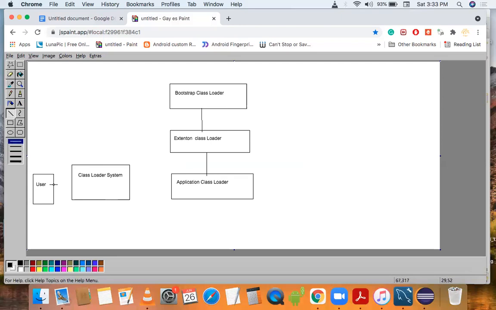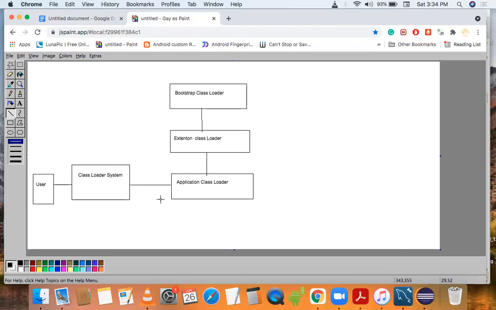So the user will provide data to the class loader. The class loader will forward the data, firstly to the application class loader.